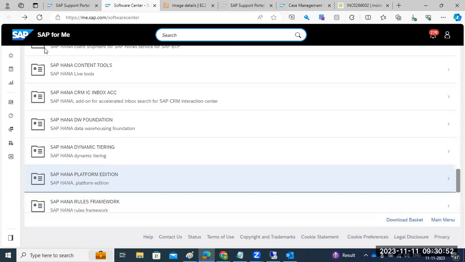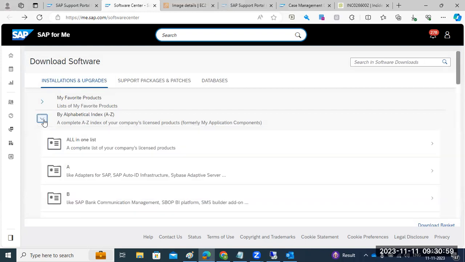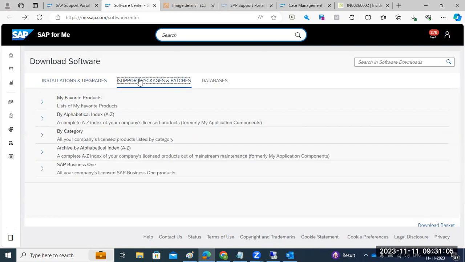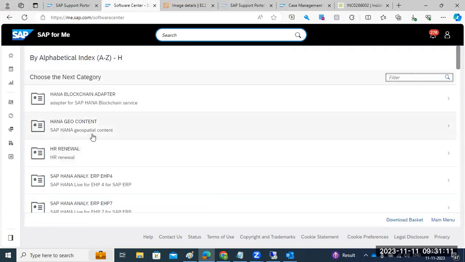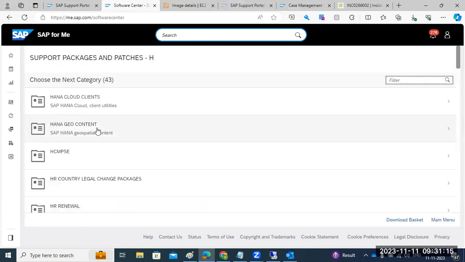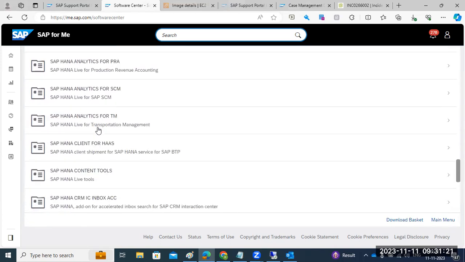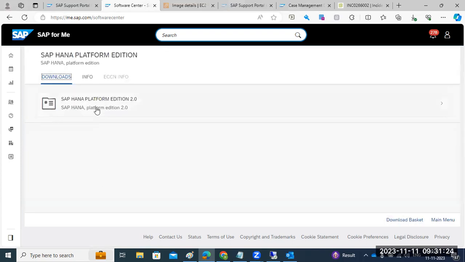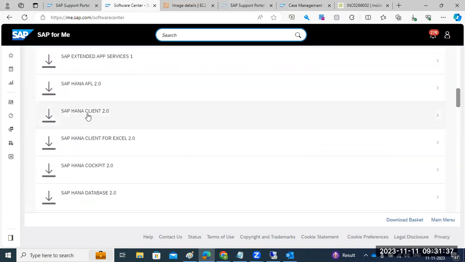Here we have installations and upgrades, by alphabetical index. Otherwise, you can go to support packs and patches by alphabetical index. H for HANA software. As we know how to download SAP software, same here: H for HANA, then go to the HANA platform edition. Here you can see the HANA database, HANA client,